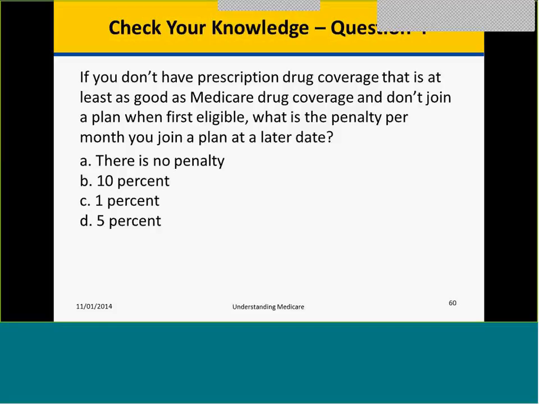Okay. If you do not have prescription drug coverage that is at least as good as Medicare drug coverage and don't join a plan when first eligible, what is the penalty per month when you join at a later date? I deleted these slides because we're going to talk about this in another section. But Lou, if you'd like to answer, I see you chomping at the bit. C. For each month you could have